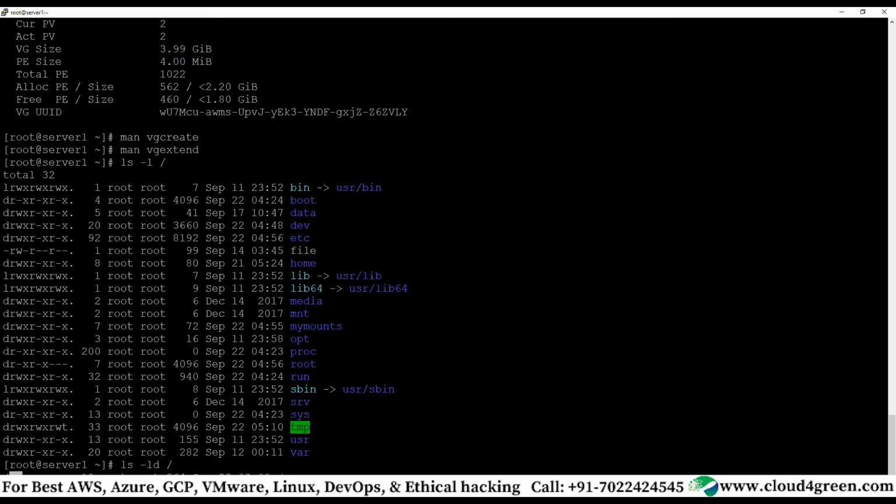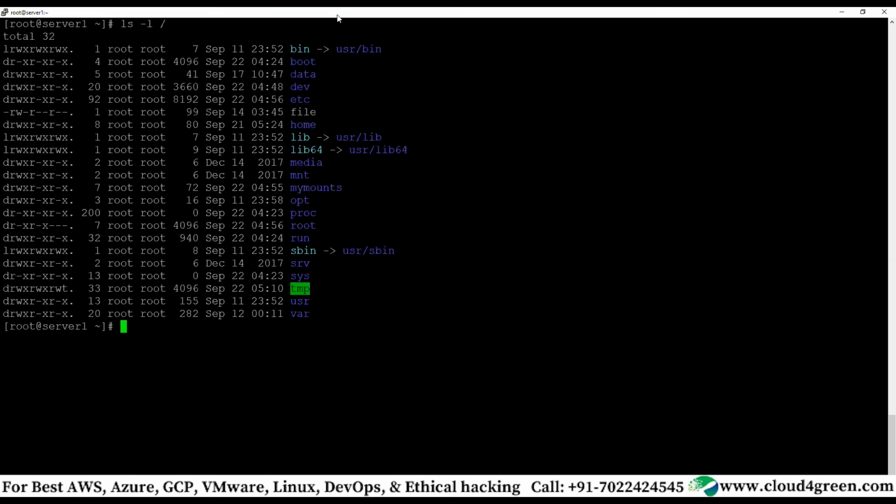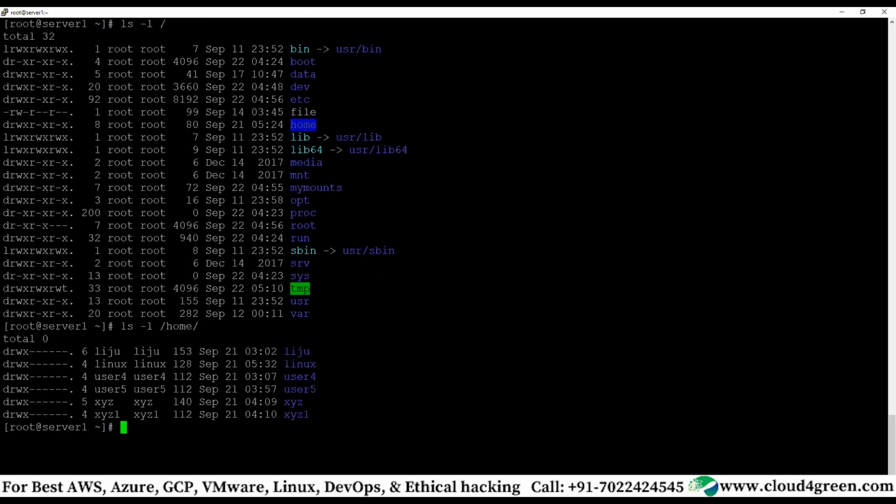Coming back to our story, ls -l /. We see the root directory, which is the home folder for the root user. Normal users have their home directory in /home. ls -l /home, you will see other users' home directories, whichever users are created. Clear?